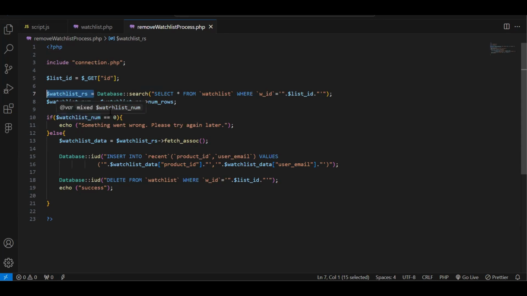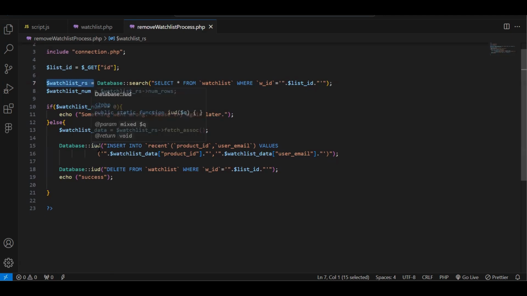And if the watchlist num is not equal to 0, it comes to the else of this if condition. And inside this else, I have obtained the result that's stored in this watchlist result set through this fetch assoc and stored that in a variable called watchlist data. And then I have called an IUD function with the query as insert into the recent table, and I have mentioned the columns as the product id column and the user email column, and I have set the values to these columns as the watchlist data product id,